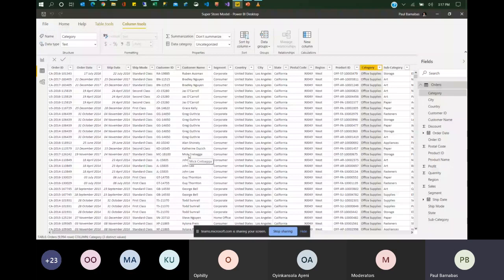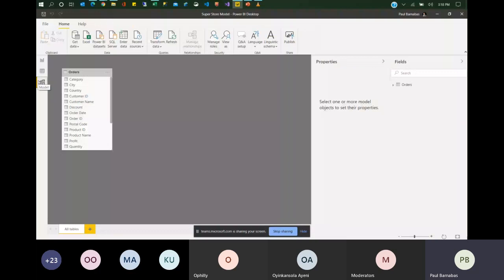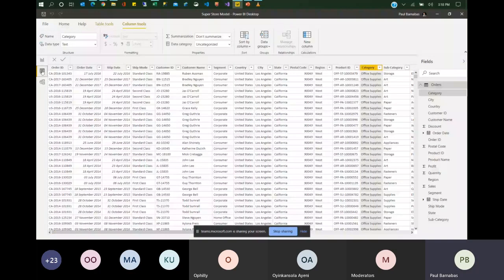Okay. So this is where we get to see the table, the view. So all the data that we had ensured we had cleaned up are now existing here in the data model. And here in the model view, if you have more than one table and we deem it fit to connect these tables together, we tend to create the relationship here. But we'll be spending most of our time here in the data view and also in the report view. So as you can see, just as we saw the data in Excel, it's loaded in the data model. So let me move back to my slide.